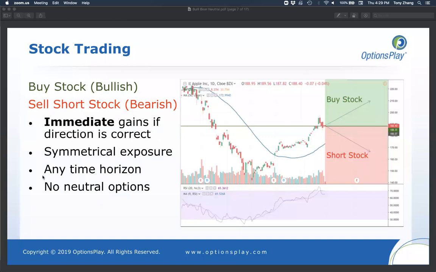And this trade allows you to hold on to that trade for any time horizon. So once you buy a stock, you can hold on to it for a minute, a year, a decade, however long or however short you like. There's no limitations. But lastly, I think the limitation of some of this is the fact that if I felt